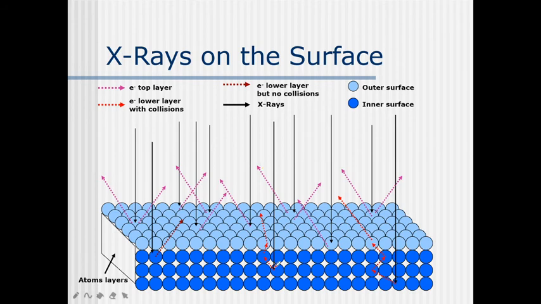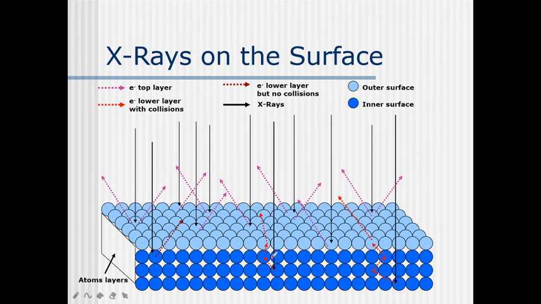Now can we not see that once the electrons are being ejected, there are again some collisions and then they get ejected. Now we want to understand the electrons from the lower layer but with no collisions, so that there should not be any other noise. In this maroon color system, without any collisions the electrons are getting ejected. Now these purple color arrows represent the electrons being ejected from the top layer.